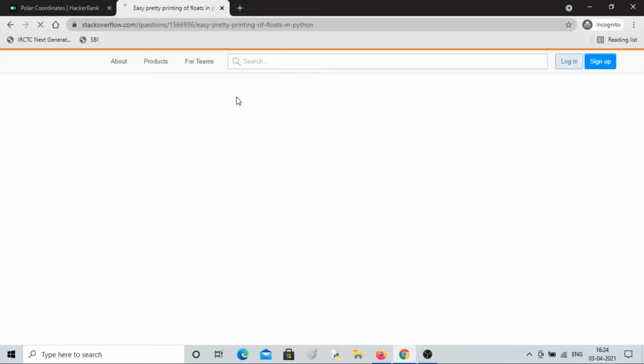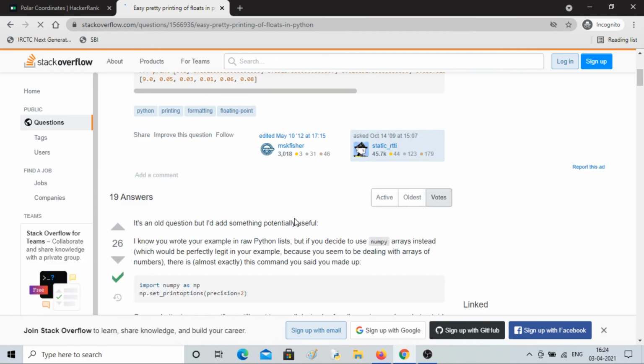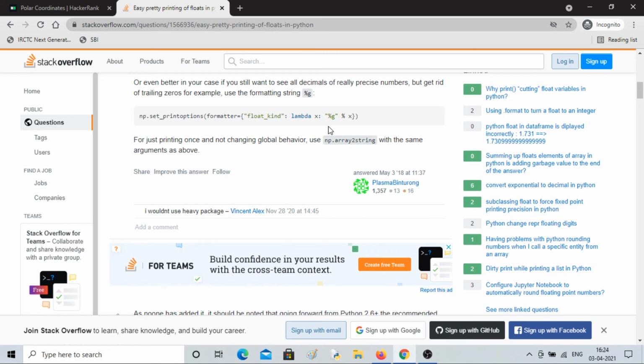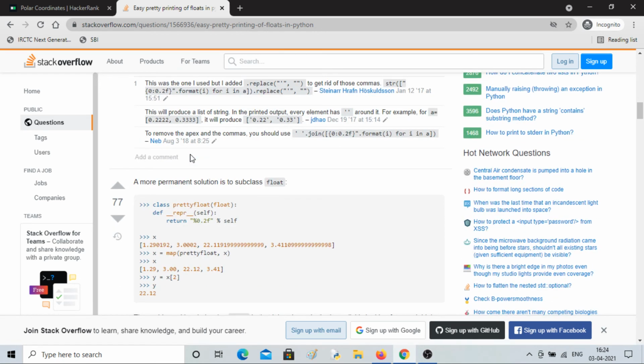Okay, precision float, percentage f. There is a short way of doing it.